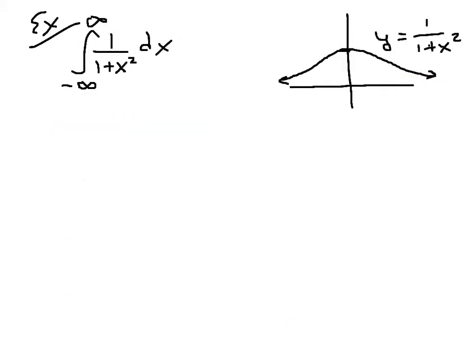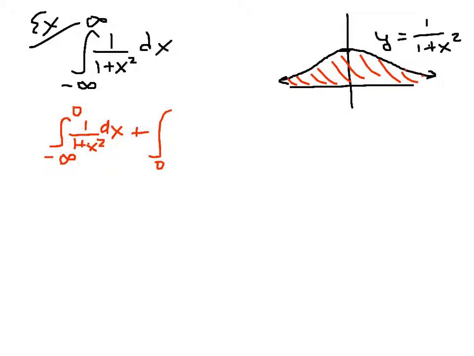Okay, so let's check this one out. Here we're looking for the area from minus infinity to infinity under the curve 1 over 1 plus x squared. Well, what's that going to be? At this point, your intuition probably just says, I don't know, I got to do the work. So, using our rule for this, we're going to write this as the integral from minus infinity, and we'll pick any number, and 0 is obviously the most convenient number, 1 over 1 plus x squared dx plus the integral from 0 to infinity of 1 over 1 plus x